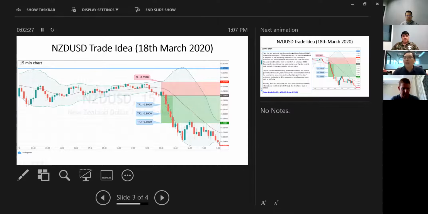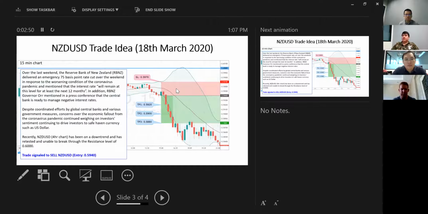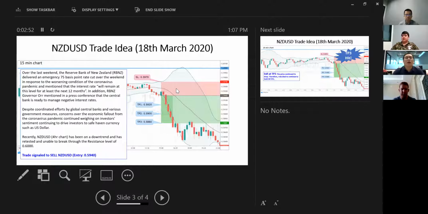The other one we have is the New Zealand USD. Quite interestingly, I was monitoring this New Zealand USD pair. You can see it's a very consolidated area, and the Bollinger Band was very, very tight. So I was expecting a breakout soon, especially since it had been below the 0.6 resistance level all the while. And again, on a Sunday or early Monday morning, the Reserve